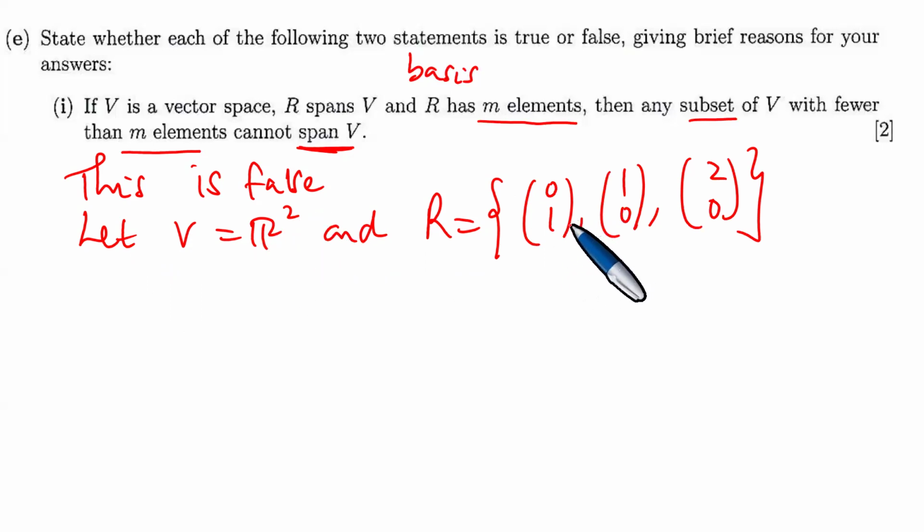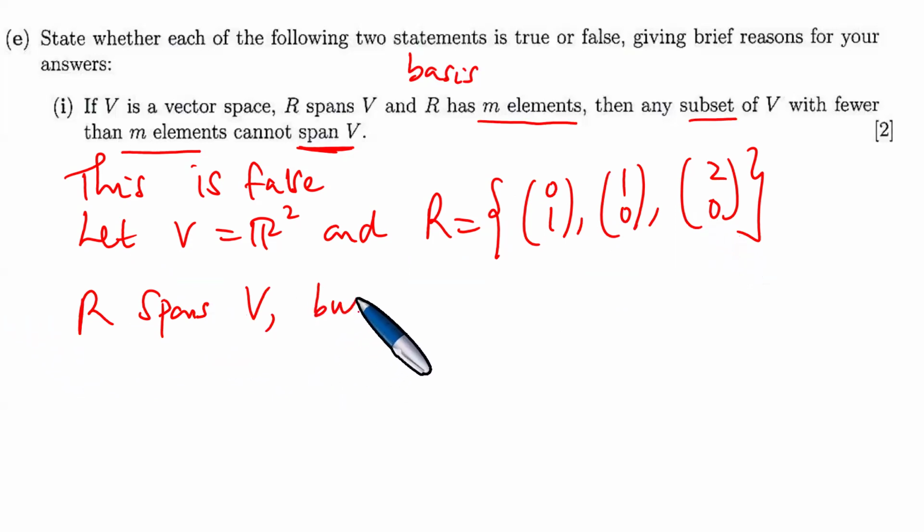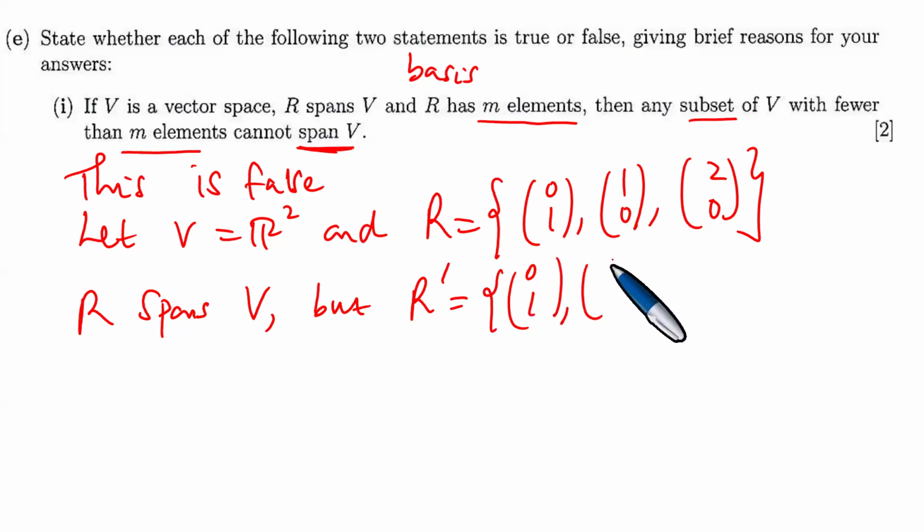We need 2 vectors only. But now we can take this one that is 3 vectors. And let that be the case, and we make mention of the fact that R generates V or spans V. But if you look at this particular set, R primed, which is the basis with the required number, but smaller